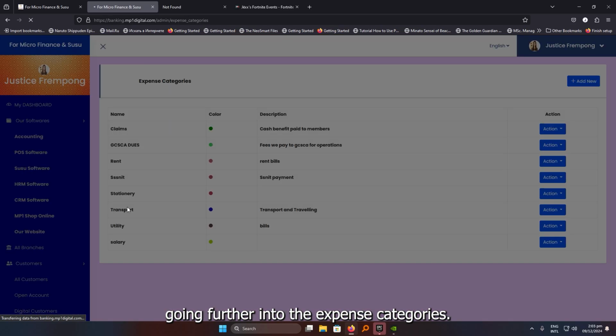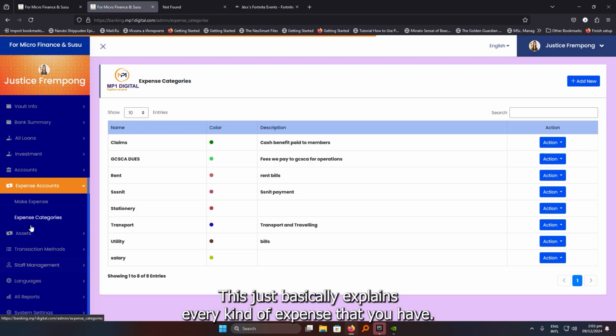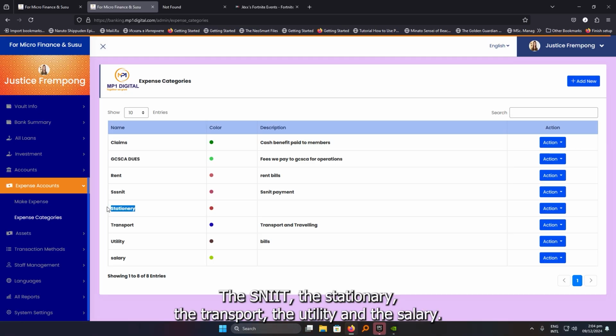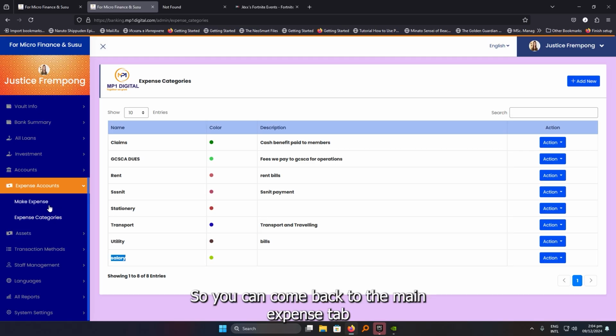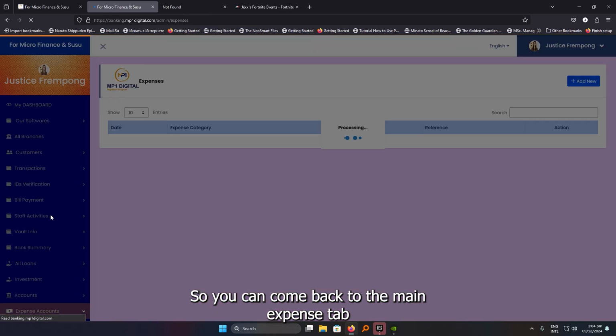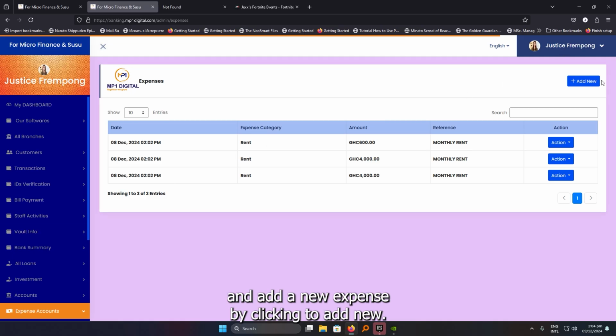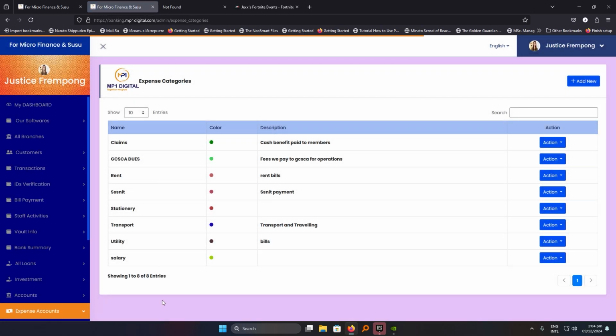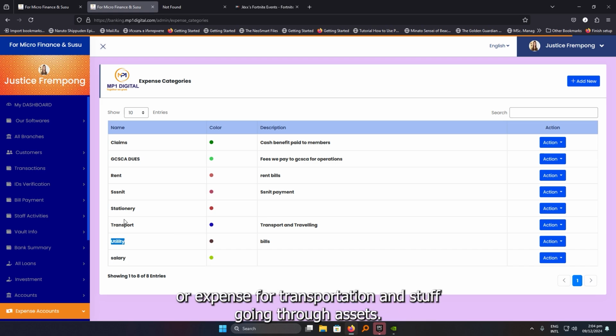Going further into the expense categories, this just explains every kind of expense that you have. You see, you have the claims, the GCSCA dues, the rent, the SNIT, the stationery, the transport, the utility, and the salary. So you can come back to the main expense tab and add a new expense by clicking on add new, but this time you can choose to add maybe a salary or utility bill payment or expense for